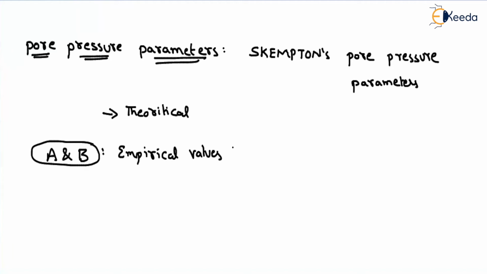Let us assume you are going to construct an earthen dam. By increasing the height of the earthen dam, it is obvious that your vertical stress will increase. As the vertical stress is increasing, by using these parameters we can understand how pore pressures are varying. This is most useful for the construction of earthen embankments, and also wherever the lateral pressure is increasing, because we can evaluate how the pore water pressure changes. Now let us talk about the first parameter, B.